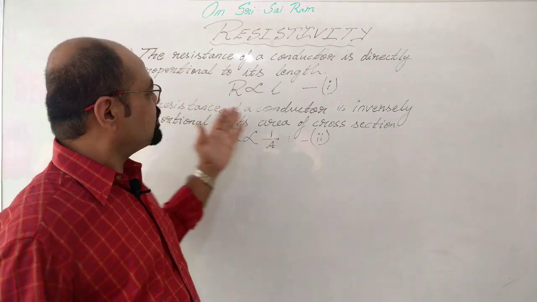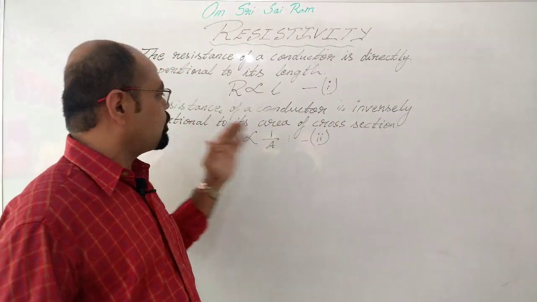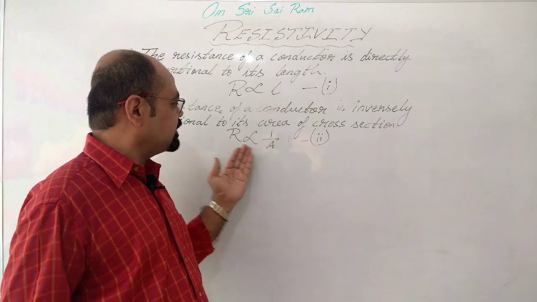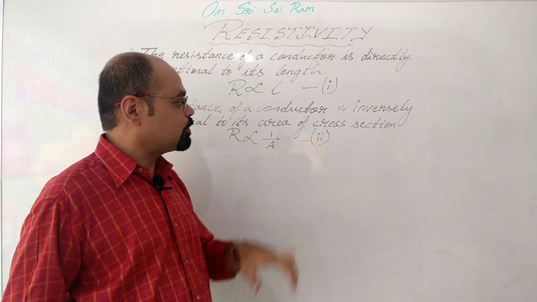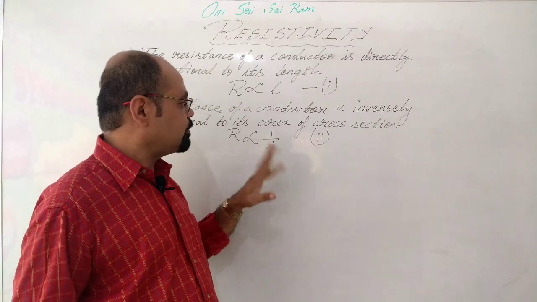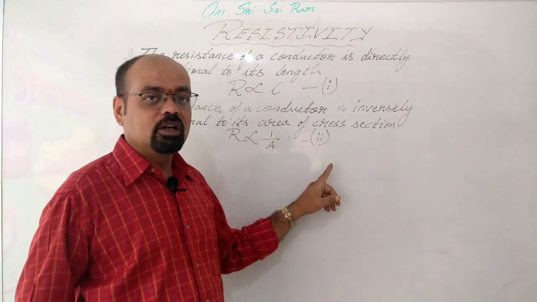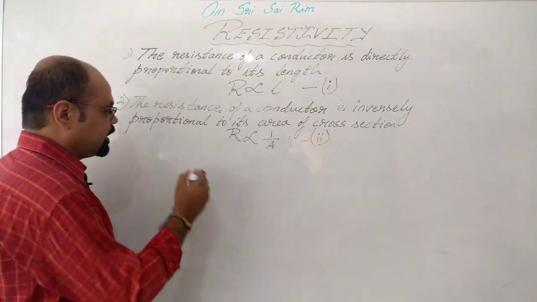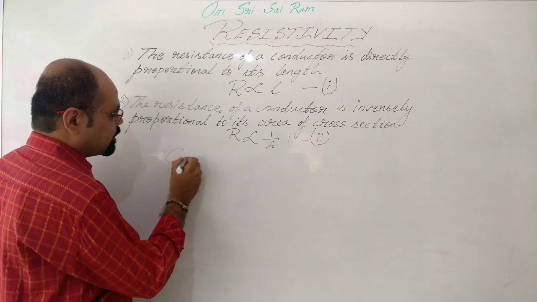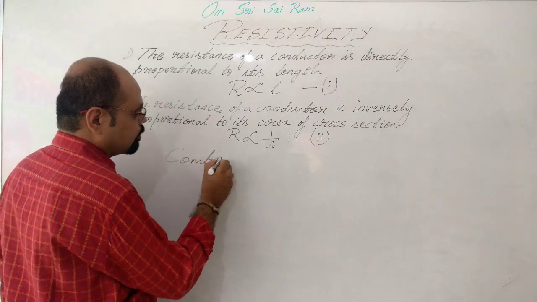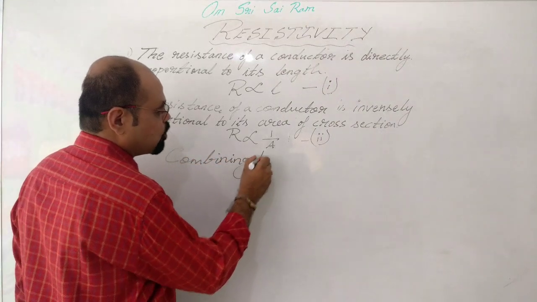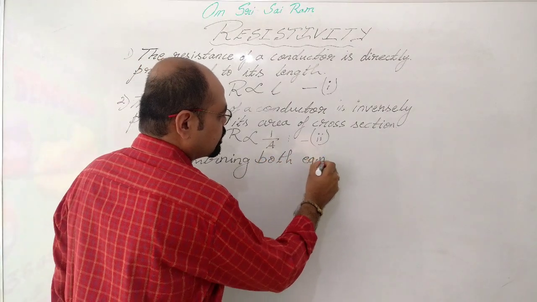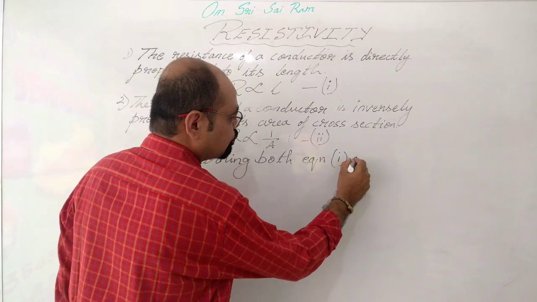And the resistance of a conductor is inversely proportional to its area of cross section. We can write it as R is inversely proportional to 1 by A, considering it as equation 2. Combining both equations 1 and 2,